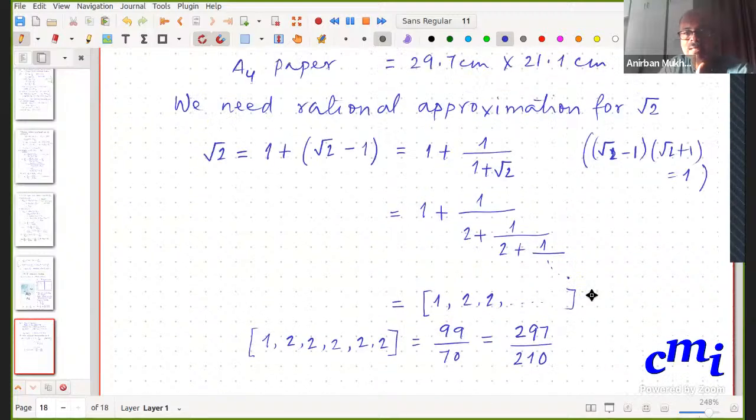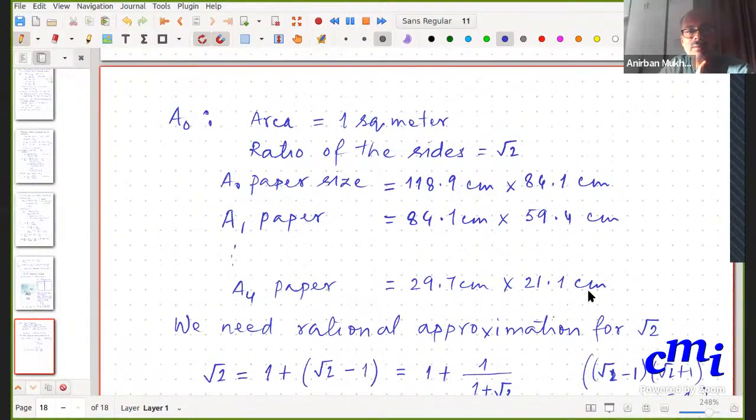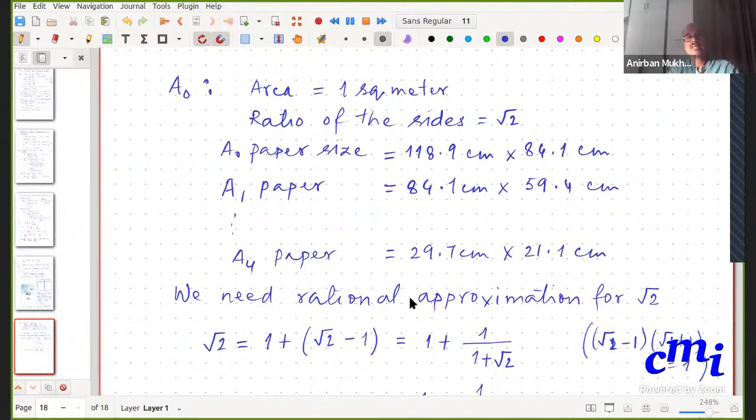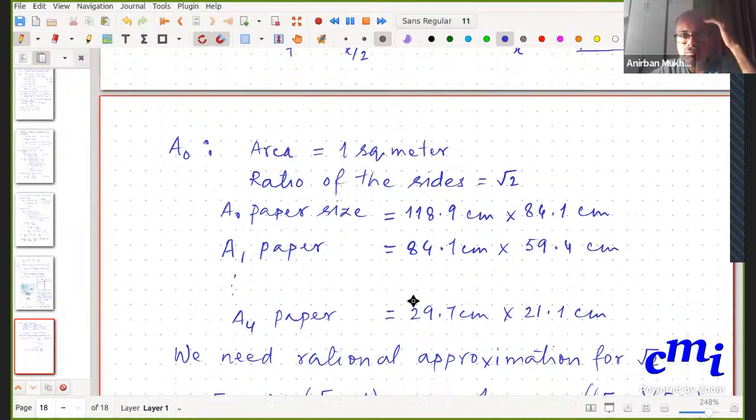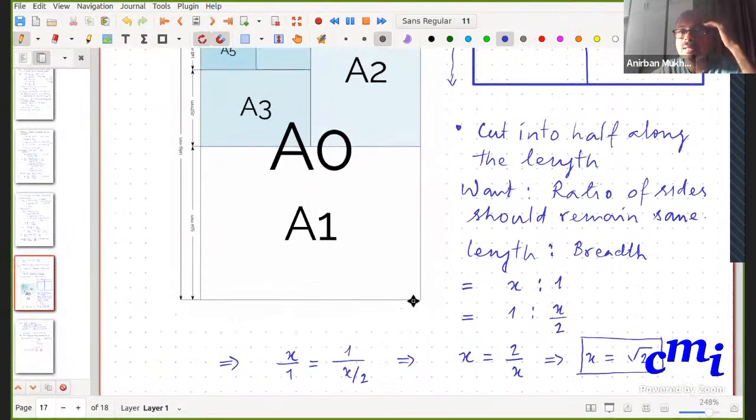And this is exactly the proportion of an A4 size paper. So the dimension of the A4 size paper is exactly a convergent of the continued fraction of square root of 2. And the logic behind the square root of 2 is what I explained at the beginning,